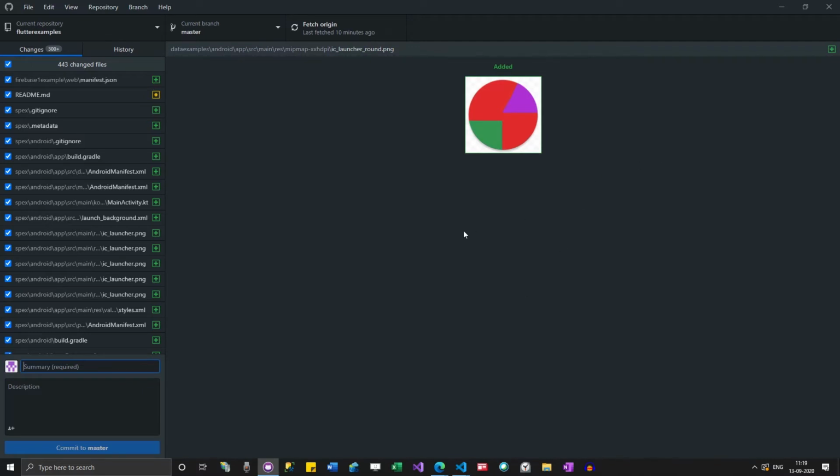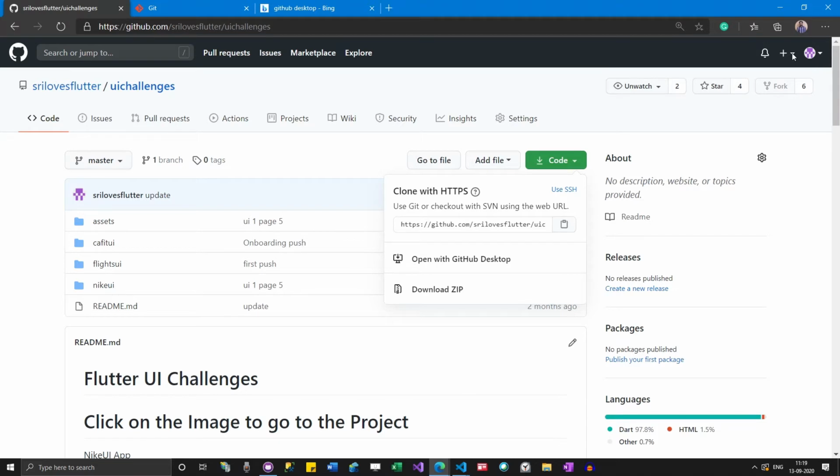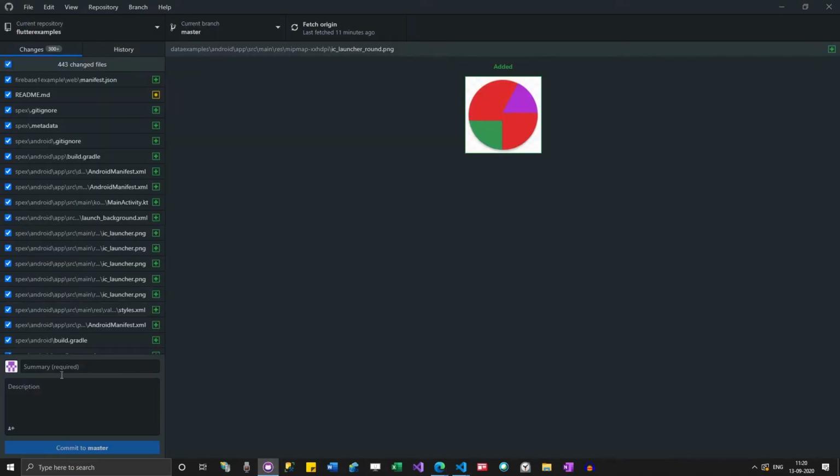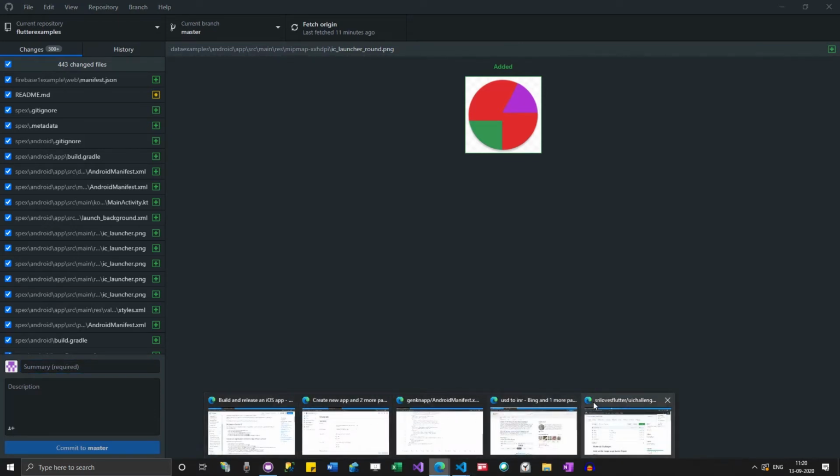I'm not actually going to share all this stuff. I will leave these things for you to figure out, because GitHub itself is a lot of learning. Altogether, you have to learn so many things in GitHub. But in the initial stage, to make it functional, very few steps are required. As I said, you create a project, download it locally, go to that folder, create a Flutter project, and then the changes will start appearing over here. Then you can give a summary over here and click commit. That is something you can do yourself.